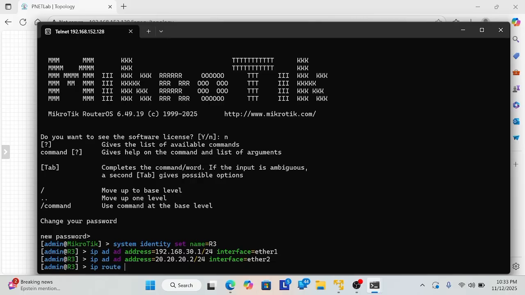You can use ip route add, destination address 192.168.20.0, prefix 24, and gateway 20.20.1.